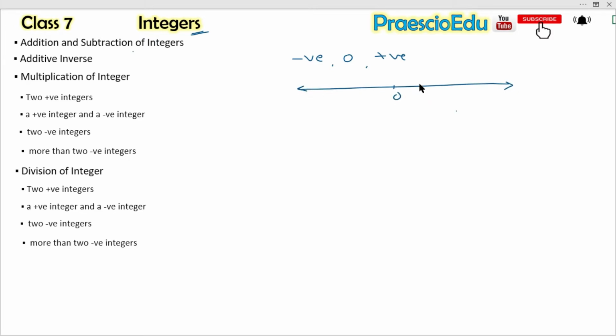Previously 1, 2, 3, 4 and 5, these are the natural numbers, and then we add 0 to get the whole numbers. Now we are adding the negative numbers, so minus 2, minus 3 up to infinity, and here also up to infinity. If we add 0, then from 0, 1, 2, 3, all the positive numbers, we are seeing it's a whole